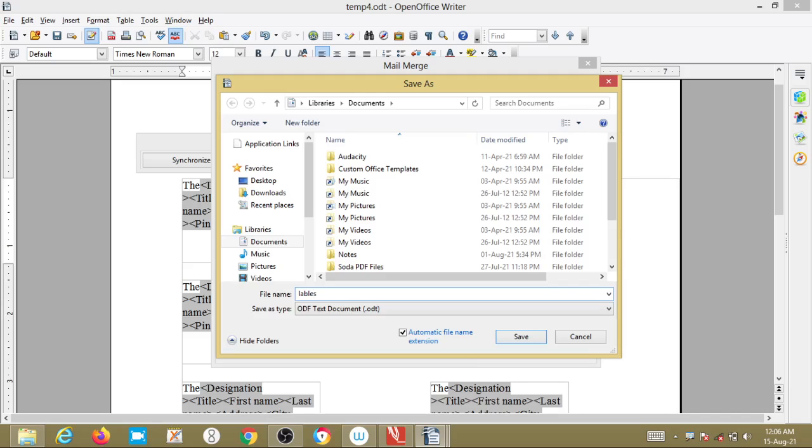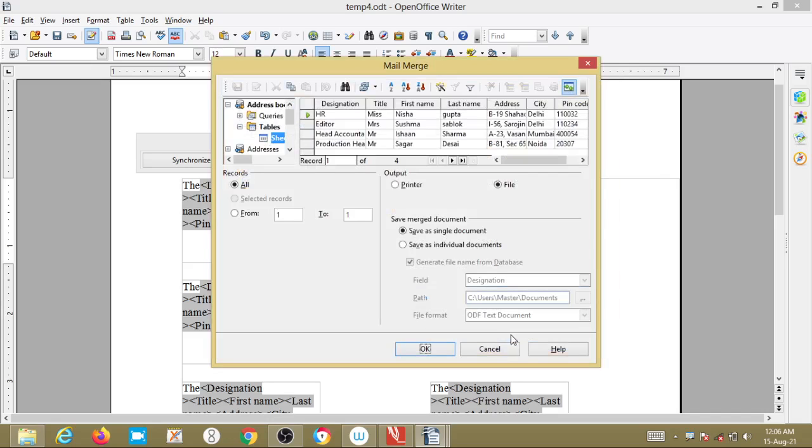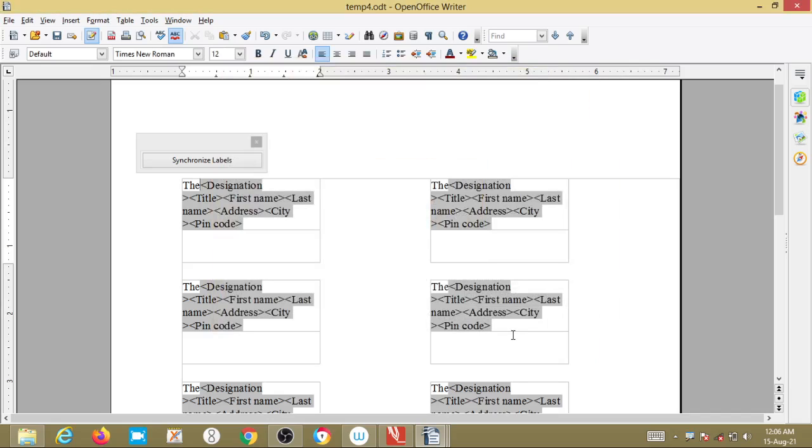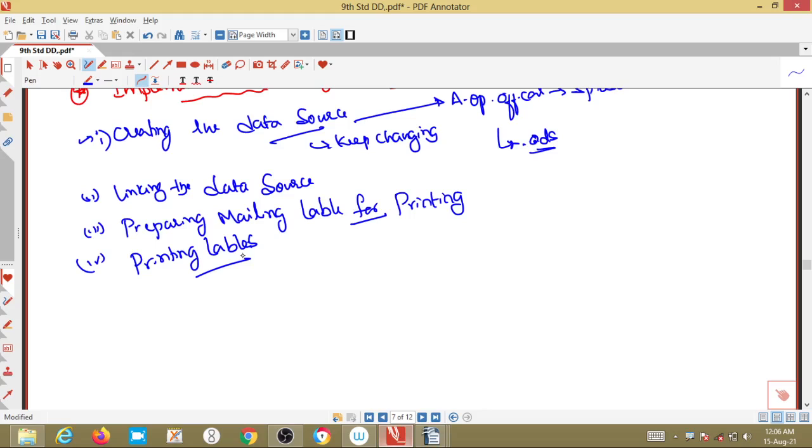Okay, these labels are the address stickers which have to be attached to the main document, or the contents we typed in our previous Writer document, which has to be communicated to all the customers or students, to whomever we want to share. Then press save. Okay, it will be saved. Now this completes the contents for 10th.